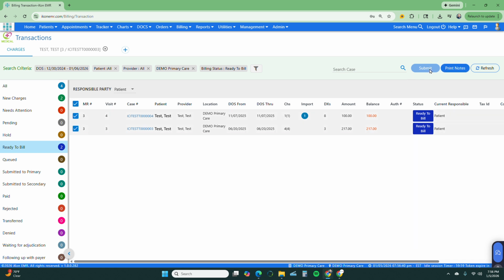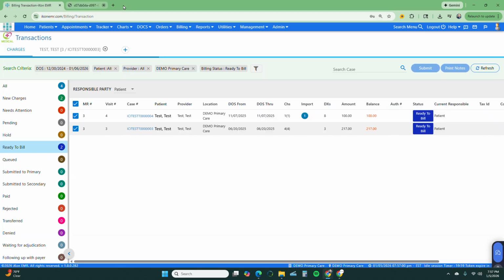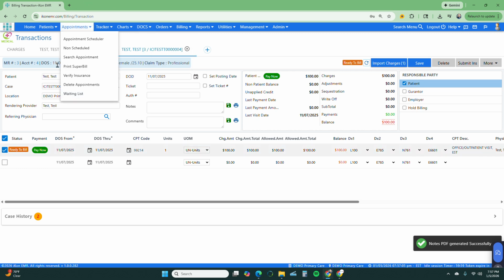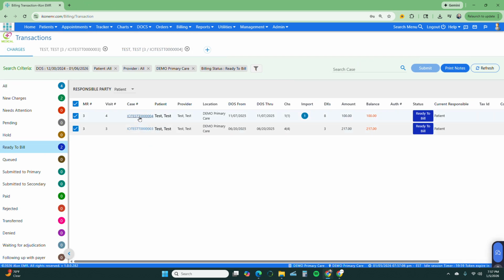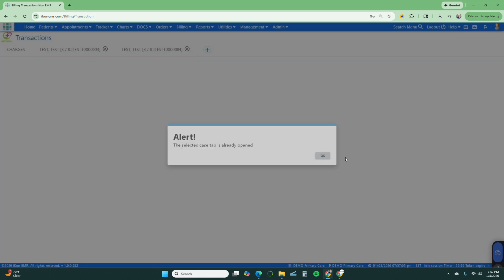You can also filter by insurance, by patient. In this case, it's the patient. You can print the superbills all together from here. Since this is a self-pay patient, there's no insurance, but there would be a button up here that says submit to the insurance. So you can batch by claim, you can batch individually. If you wish to bill individually, just click on the actual case, that's your note. Let me go back to charges. If you want to bill individually,